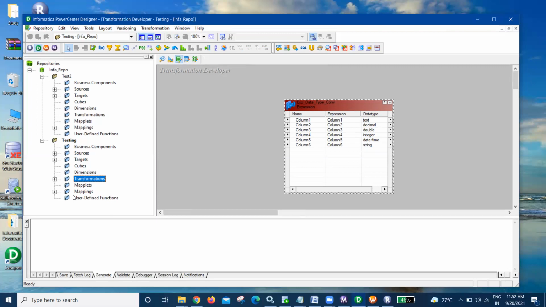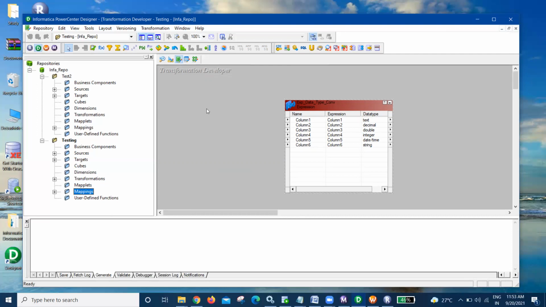Now, what is the higher level design? Which one is higher in the hierarchy, and which is lower? Mapping is the upper hierarchy. All the components like source, target, transformation, and maplets can be used in the mapping that you're creating.